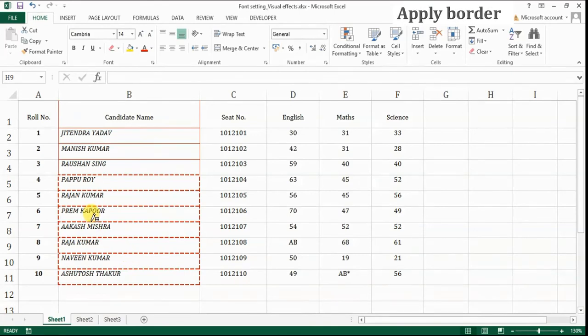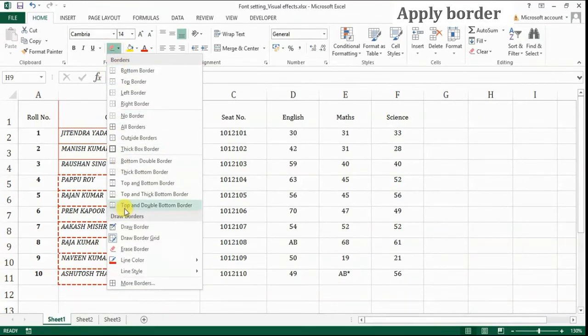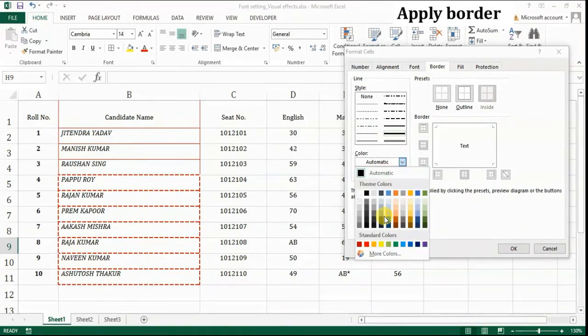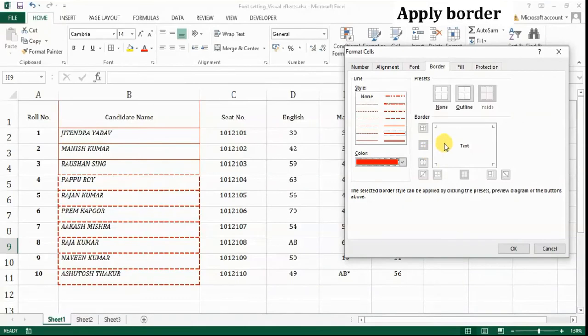To customize the cell borders for more border styles, you can click here on more borders. Here there are a number of borders shown: double line, single line, then color, as well as the preset buttons also there, outline. See the preview.